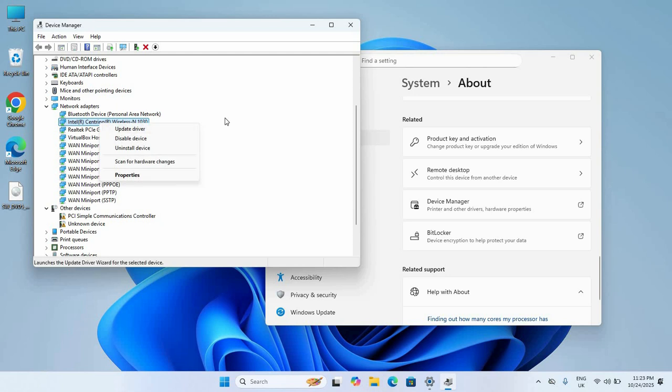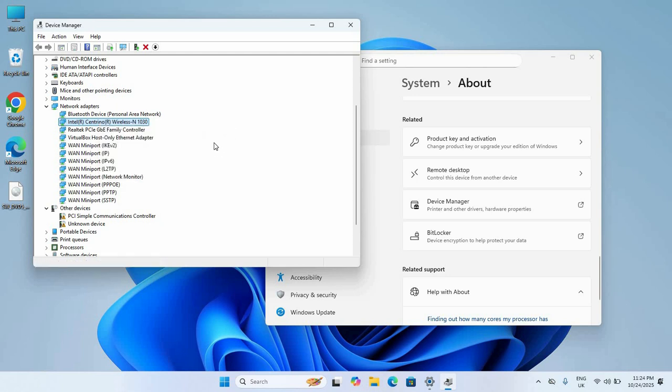That is if you have another source of internet connected to your PC. So maybe by using a Bluetooth connection to hotspot your internet, or using a USB cable to your phone, or by using an Ethernet source of internet. But if you don't have any of this, you can just